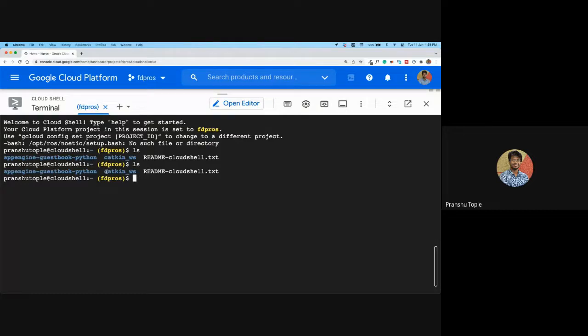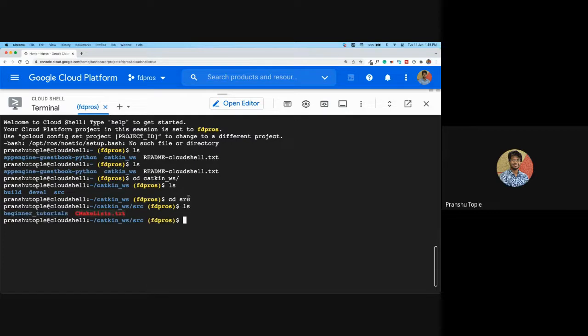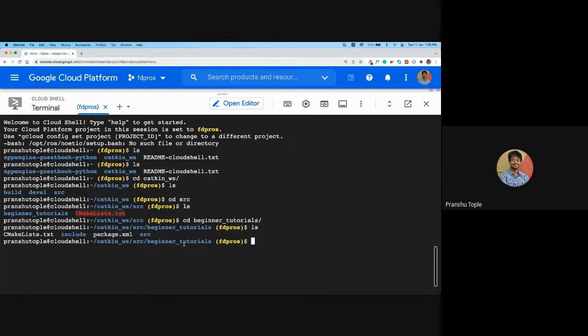If I do ls, it will list all the things that I have. I already have my Catkin workspace built. If I do cd catkin workspace, everything is there. If I go into cd src, this is a beginner tutorial that I made to demo to students. If I do cd beginner tutorials, did you guys try publisher subscriber yesterday? No, we just saw it, but did not try.